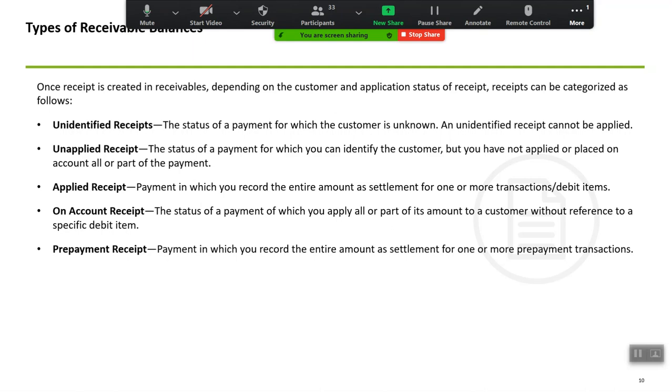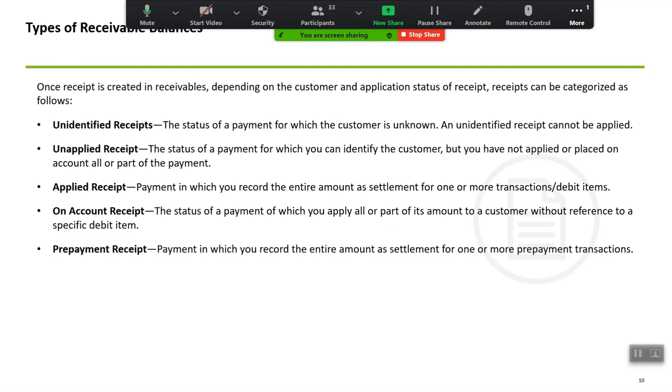You've entered the customer information, you have entered all the information, but you have not applied or you've not entered the invoice information. So that is when your receipt would be under the unapplied receipt status. Applied receipt is when you apply a particular invoice and you're telling the system that yes, I received $50 and this $50 is against this particular invoice, so you're giving the invoice details there.